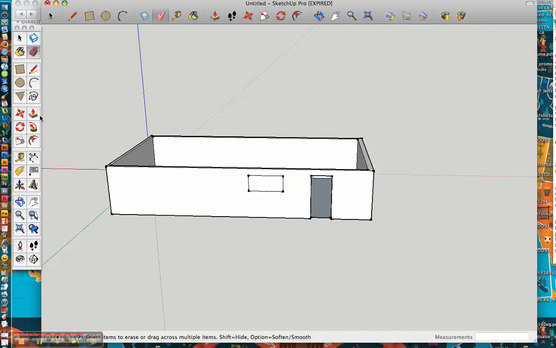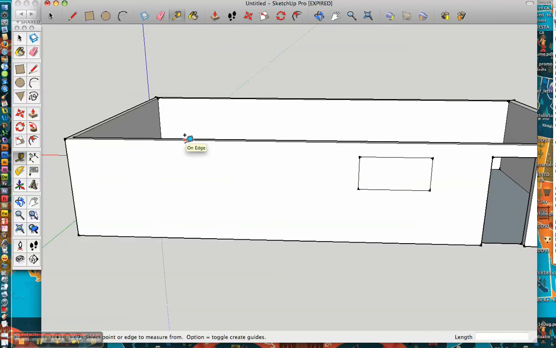And then also some other basic tools. This measuring tape was very handy when I was building my structures. You can go ahead and click on one edge and